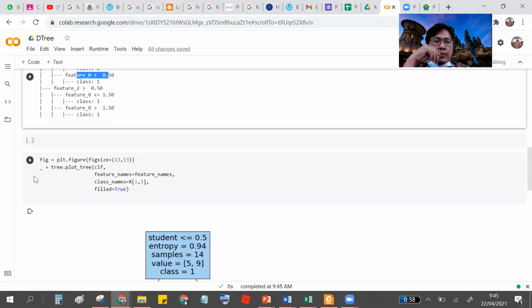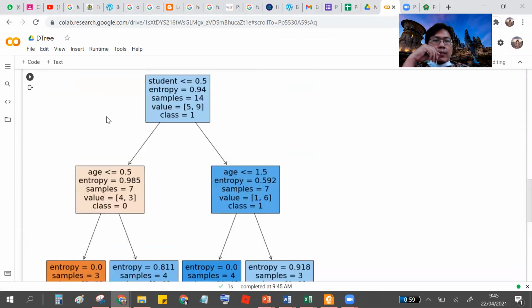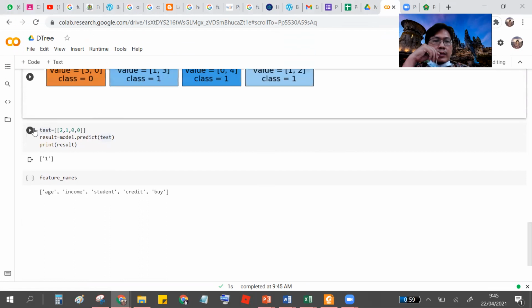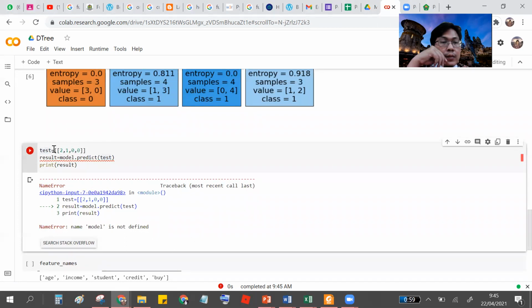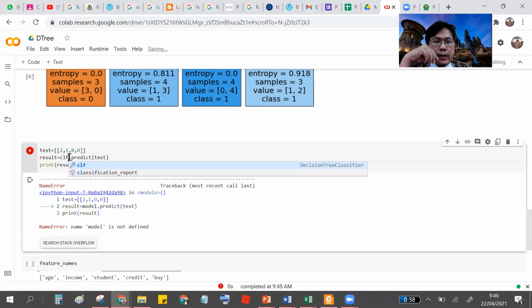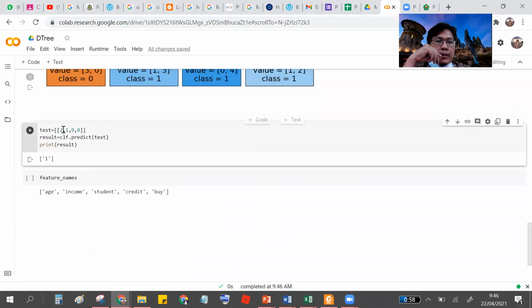We also can plot the tree, the binary tree actually, here, and we test the classifier. I changed this one. Okay, I changed one feature. For example, it is 0. Okay, this is the result for one test.